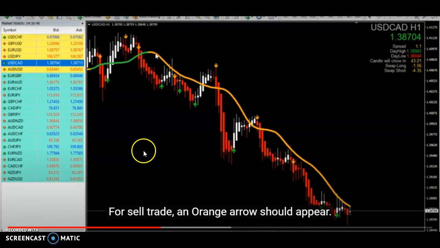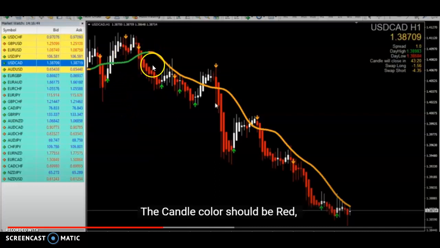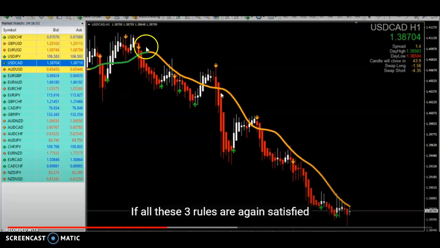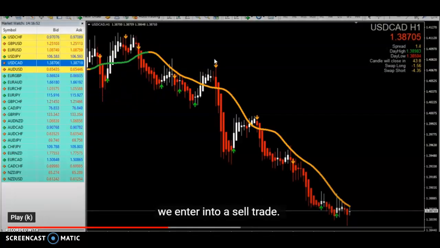Orange arrow should appear. This is just the moving average, colored red. These are Heikin-Ashi candles. The 10 line must be orange. And the arrows are just rubbish anyway. If all three rules are again satisfied, we enter into a